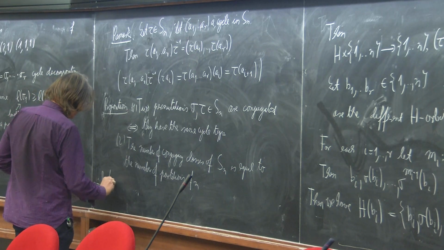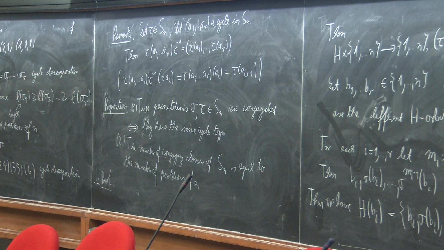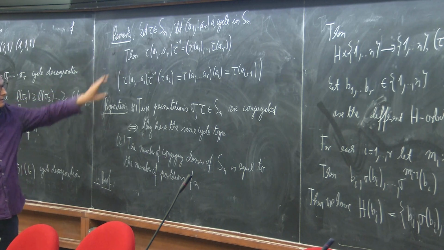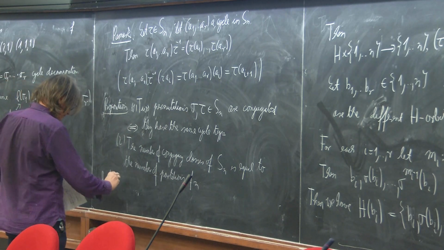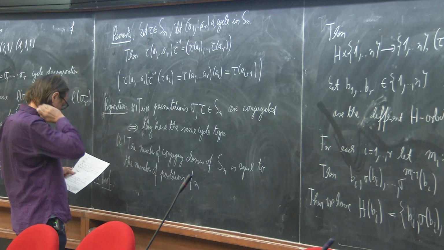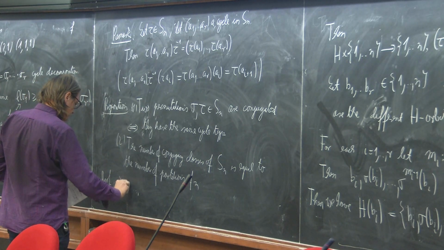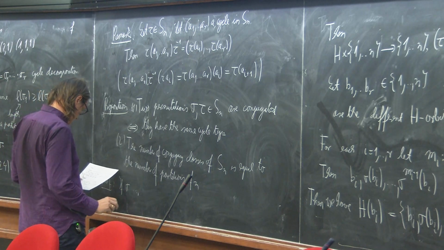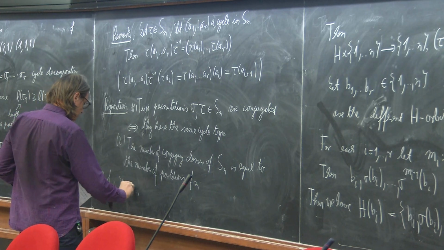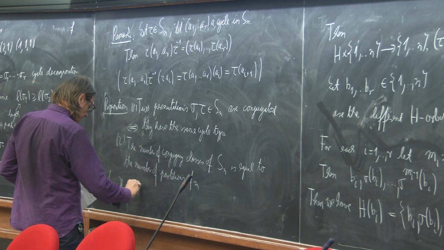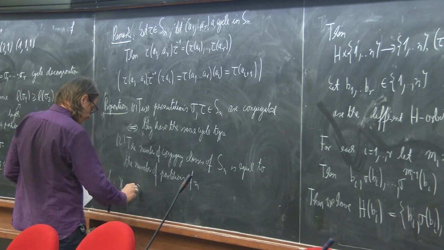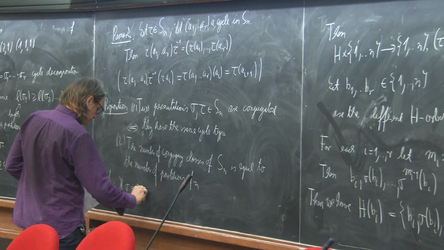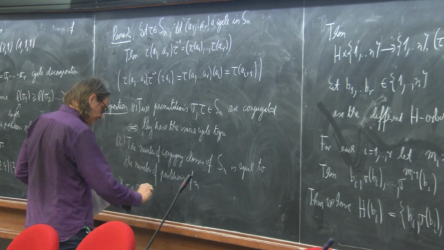Okay, so now basically the first one is this statement here. If sigma equal to, say, sigma 1 times sigma r is a cycle decomposition,